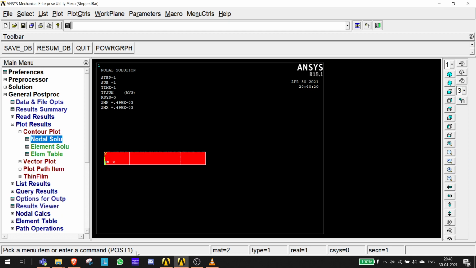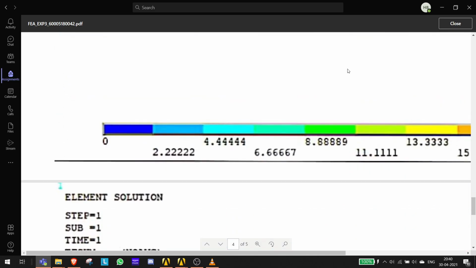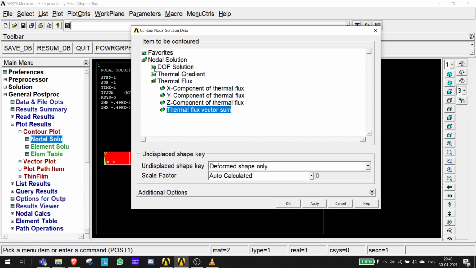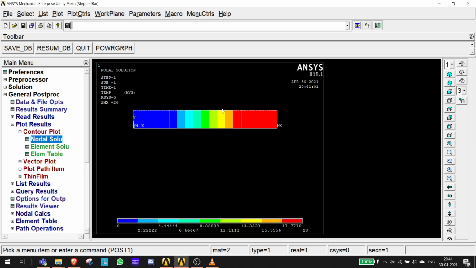So instead of that, we can also find the nodal solution for the temperature distribution. So I'll go to nodal solution, I'll go to degrees of freedom solution, nodal temperature, and I'll click on apply and I'll click OK. So yeah, you can wait, I'll zoom into the model here. Yeah, you can see it's distributed, like this region is the coldest, and this region is the hottest, and this happens because this has very high thermal conductivity, and hence it lets the temperature go. And also in these regions the thermal conductivity is low, hence the temperature varies.